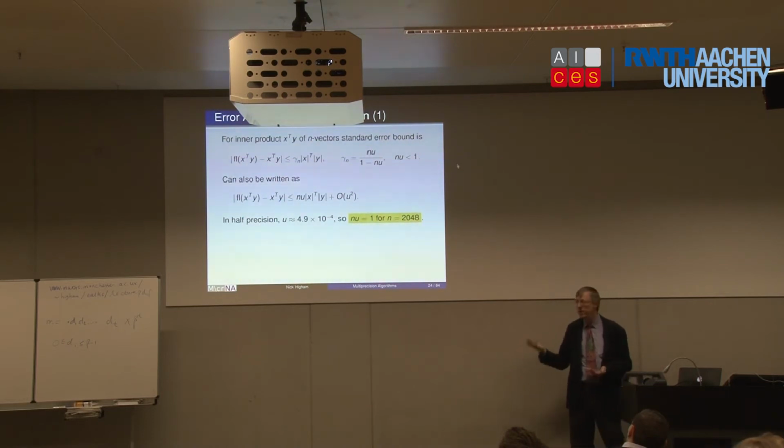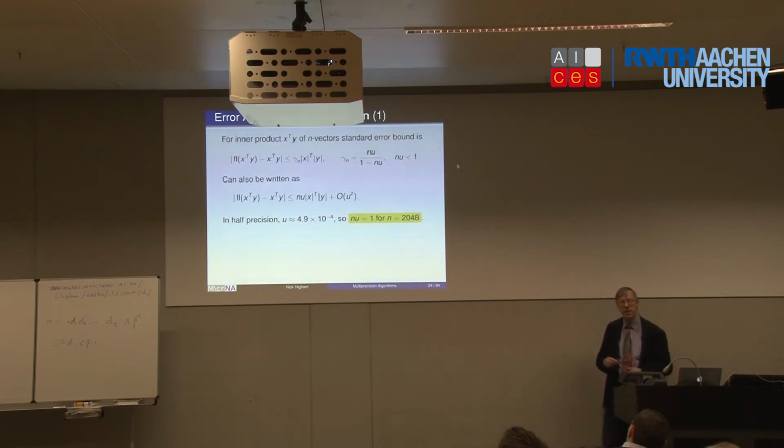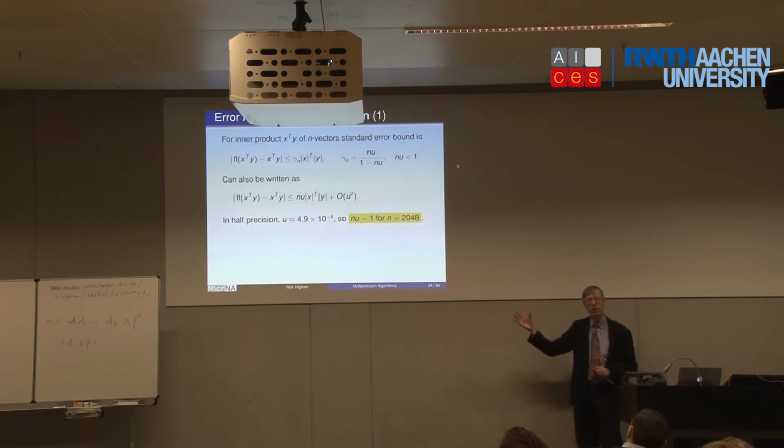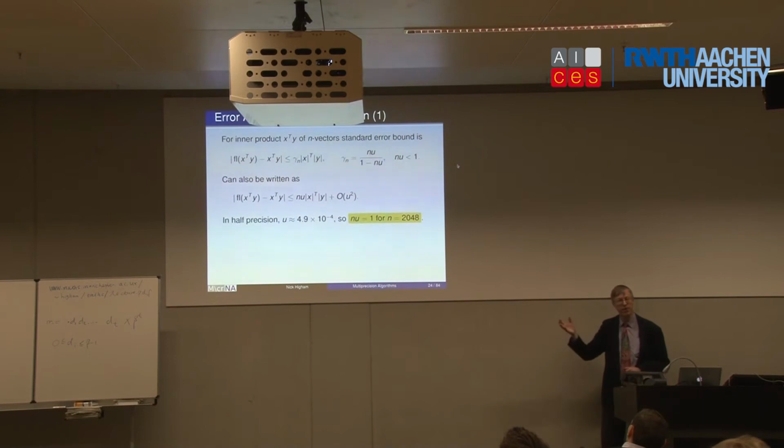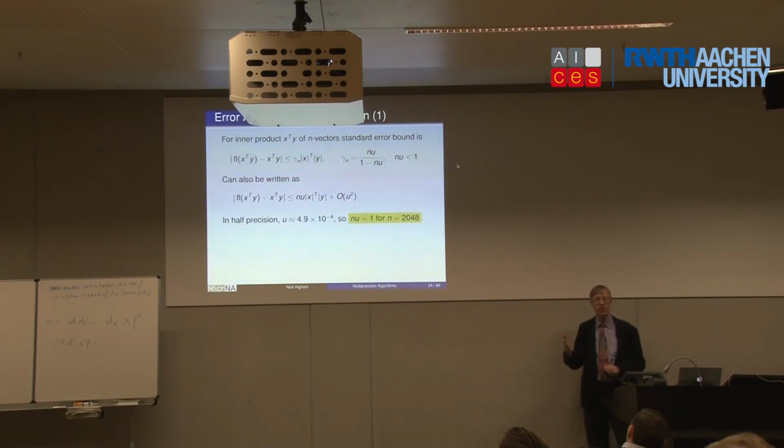So n here, the dimension of the problem, is maybe about 10 to the 8. They're asked to solve Ax = b, and they have to report the residual. So they have to compute norm of (A times x minus b) divided by, I think, norm A times norm x plus norm b, and report that number back to Jack and his colleagues, and Jack will check if that number passes a threshold and therefore can be allowed to be entered into the list.